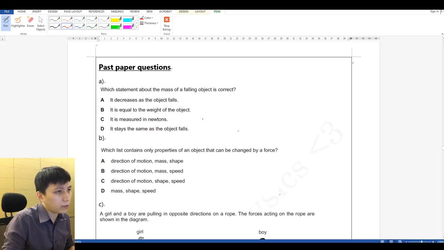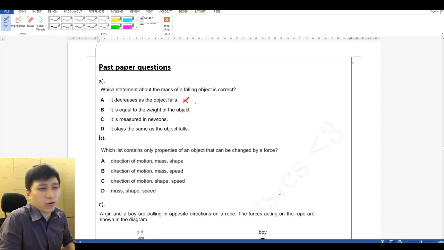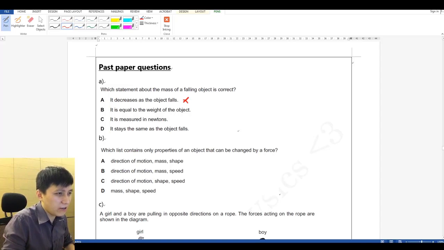Which statement about the mass of a falling object is correct? Decrease as it falls. Why is this even a question? The mass of a falling object, of course, stays the same. Yeah, D is the correct answer. It should not equal to weight because